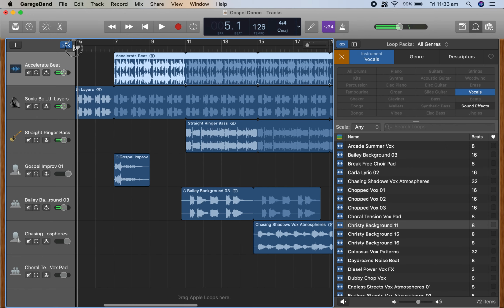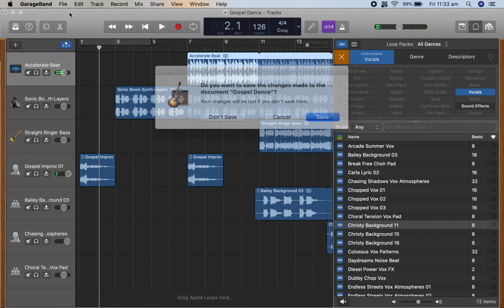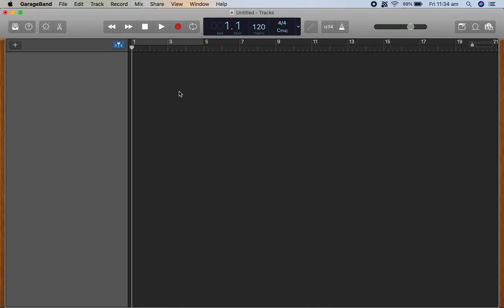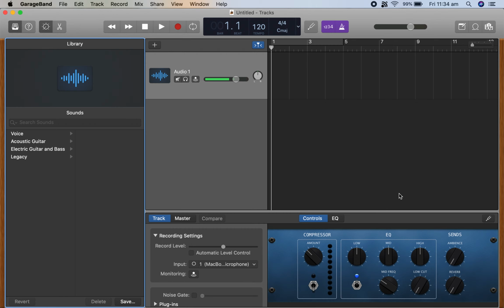and the gospel start. So that can be kind of cool as well. So I'm just going to quickly show you how you might do that. So I'll just save that. I'll go empty. So if you haven't used GarageBand before, it's pretty easy. It uses loops. So there are